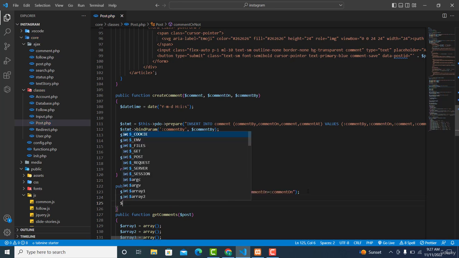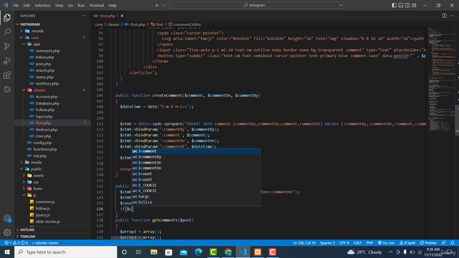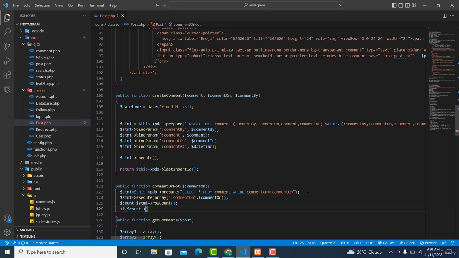Over here will be $count is equal to $statement->rowCount, then a semicolon. Remember, if $commentCount is greater than 0, or if comment is not equal to 0, then over here we will return